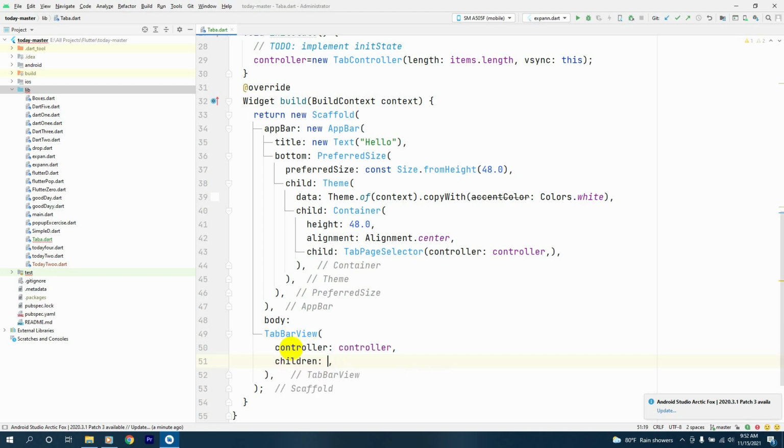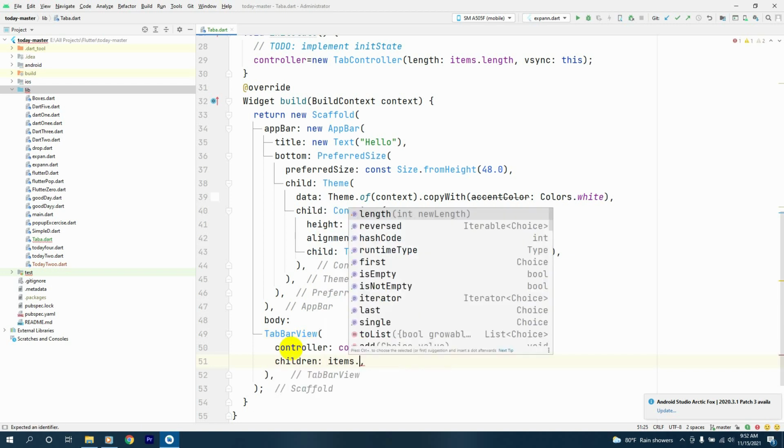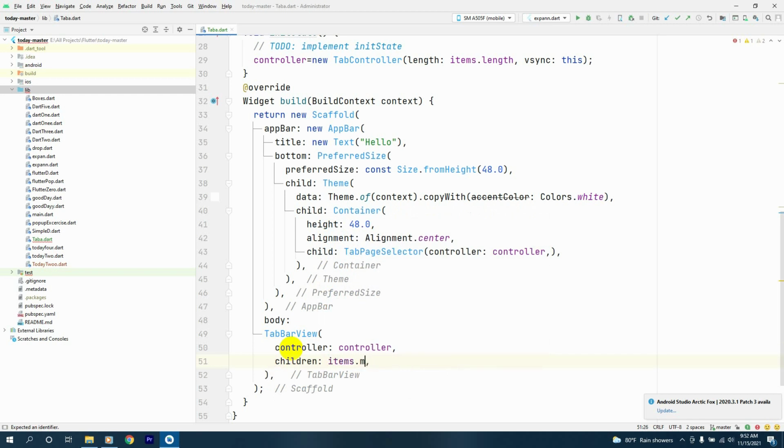The children will be items dot map, and inside it we'll pass our choice as item,